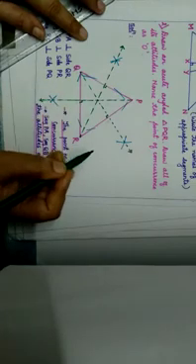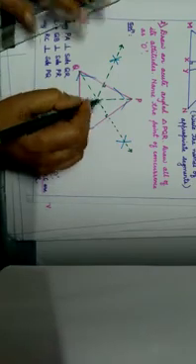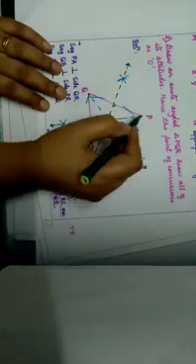So now we got one point of intersection of all three altitudes, which are perpendicular to the opposite sides. This point we will name as point O. What is O? O is the orthocenter. So how do we write the answer now? First, segment PA is perpendicular to QR. Where is PA? From P to here, A.